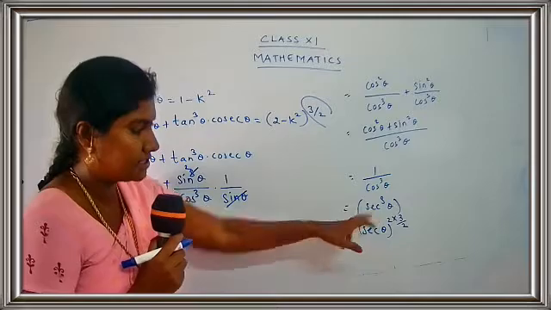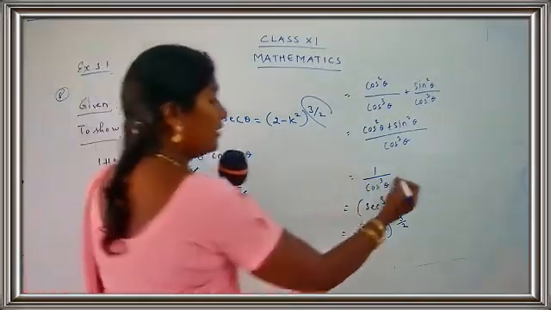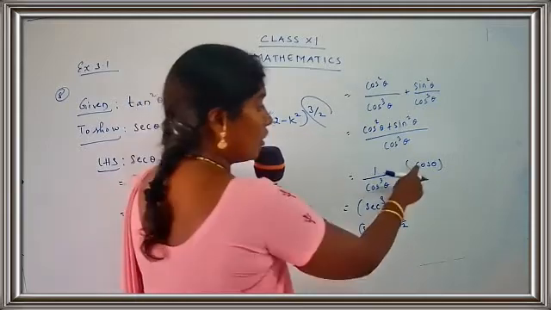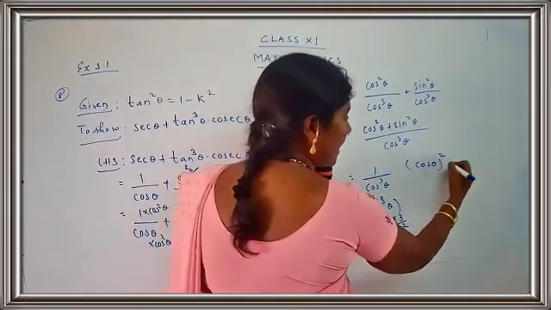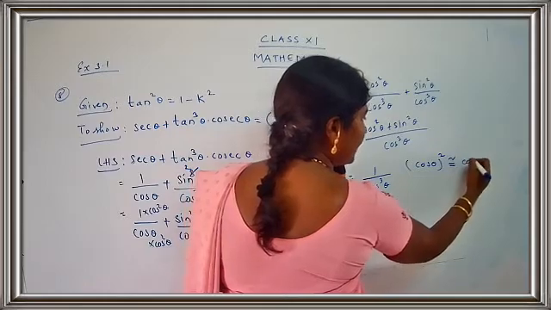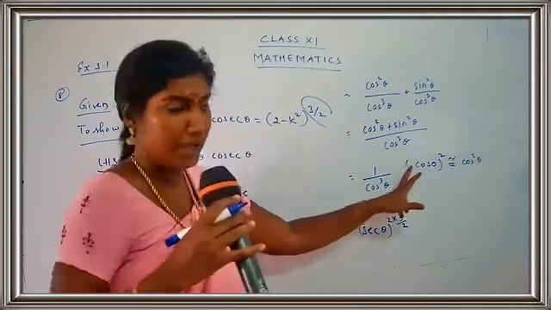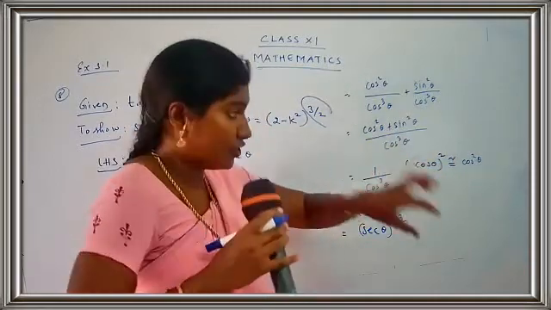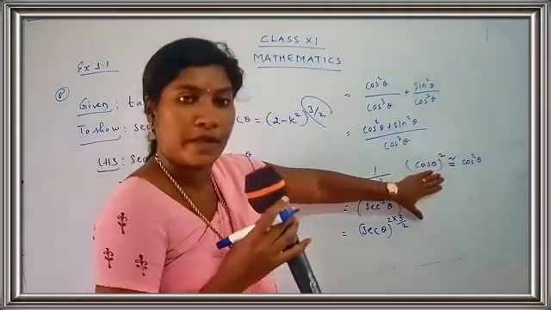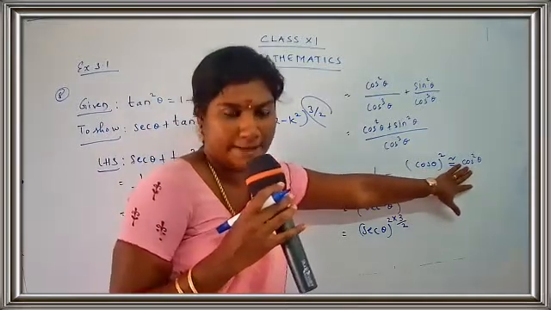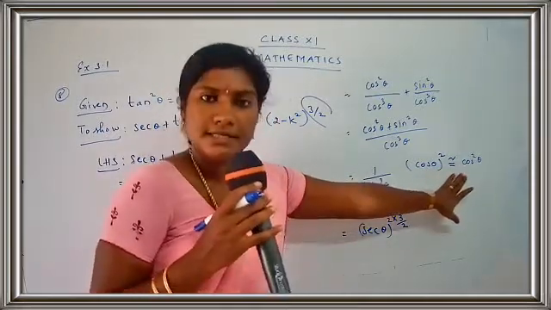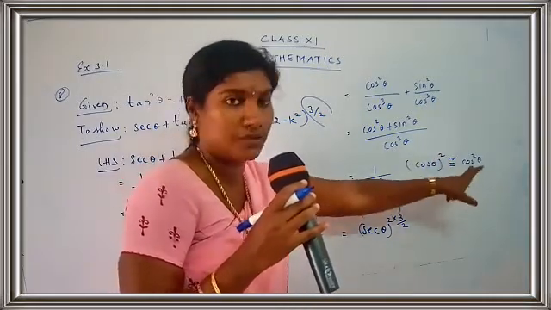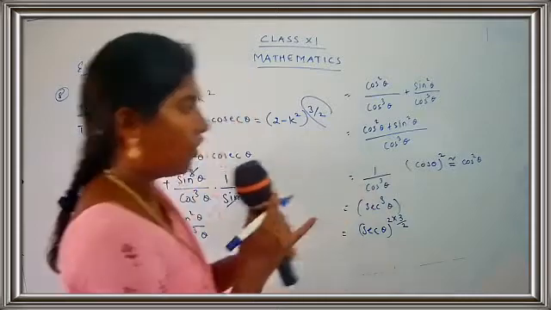So sec theta, and one more thing, just remember, children, you may have a confusion about why ma'am is bringing it out. A cos theta, the whole square, is equivalent to cos square theta. Actually, they are the same. Cos theta the whole square and cos square theta are one and the same. But actually, we do not write this way. We mostly choose this way of writing. But both mean the same. If you have cos theta the whole square, this is equivalent to cos square theta. The only thing is the way of presenting.